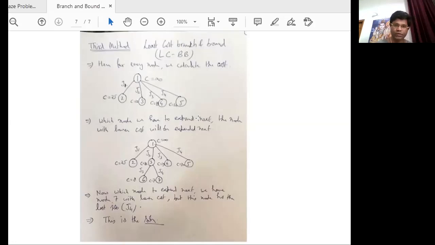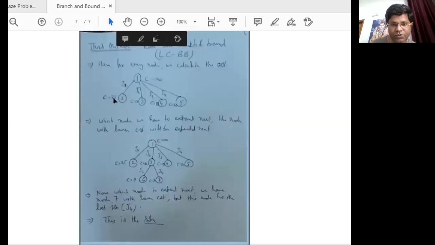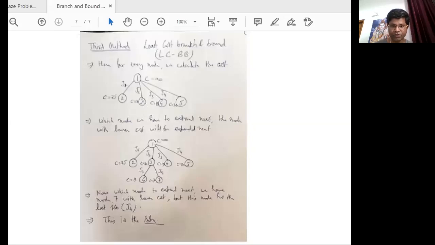So the next task is deciding which node we have to expand next. In this case, the node that has the lower cost is to be expanded first. So out of these 4 nodes, which node has the lower cost? These nodes have 25, 12, 19 and 30. It means we have to expand this node, since this node has cost 12. It means we have to expand node 3 first. So let's move to node 3.